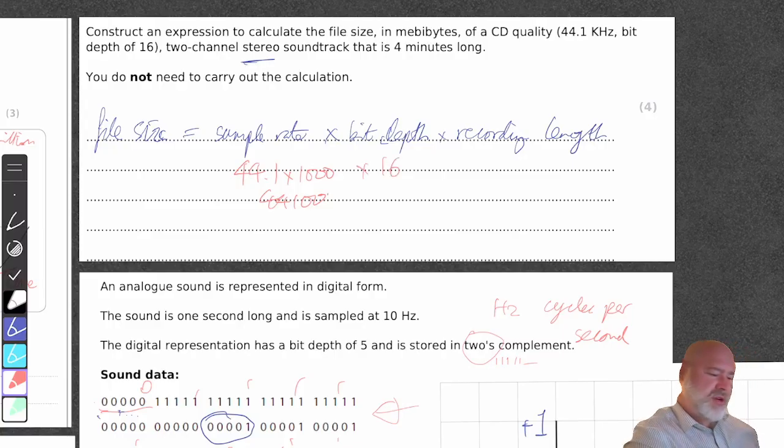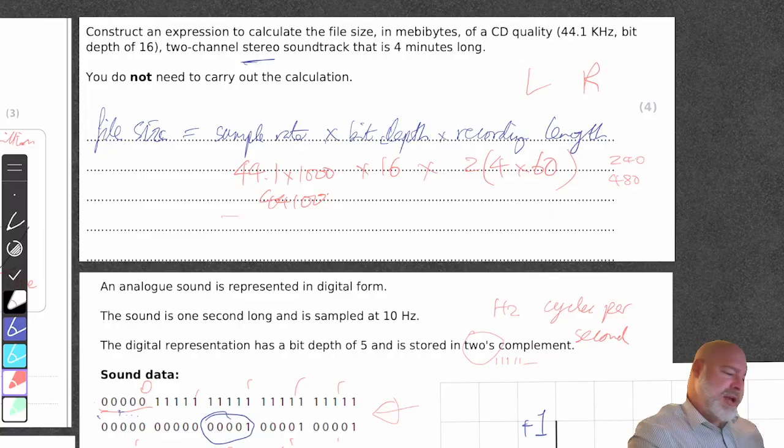And the recording length is interesting because it's going to be stereo, which is 2. There's 2 tracks, one for the left hand side and one for the right hand side. So 4 minutes is 4 times 60 times 2, okay, because 60 seconds is 1 minute, 120, 240, but we've got to times that by 2 to be 480 because it's stereo. All right, so you're going to have to have things like that in there. So again, it's going to be times by that,